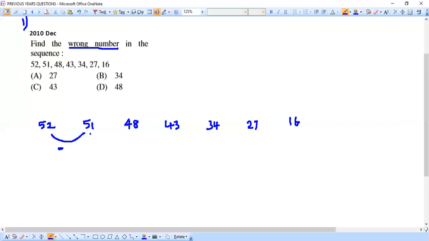Yeah, 52 to 51 they are moving. So this will be very simple. They did 52 minus 1. That gives us 51. Correct? Continue the chain. Now from 51 to 48 they have moved. Here they did minus 3. Again it's easy for us to say, right? Yes. Again we shall continue. Next 48 to 43 they are moving. This is minus 5. See how they are proceeding, right? So they did minus 1 first, then minus 3, then minus 5.